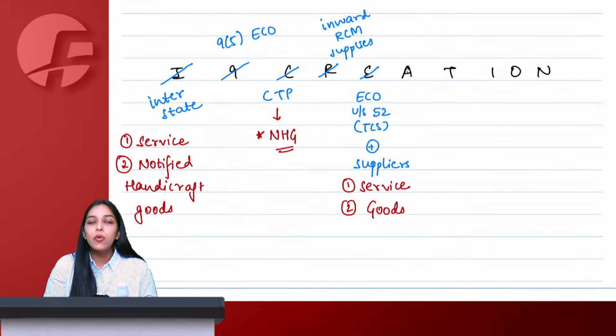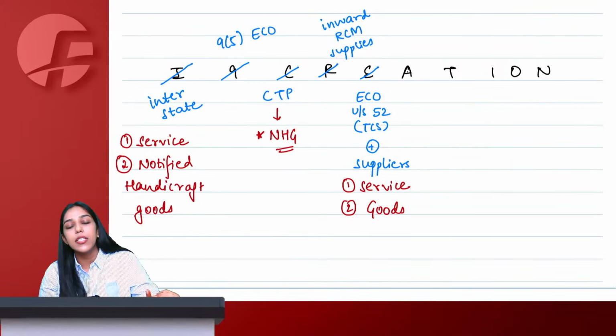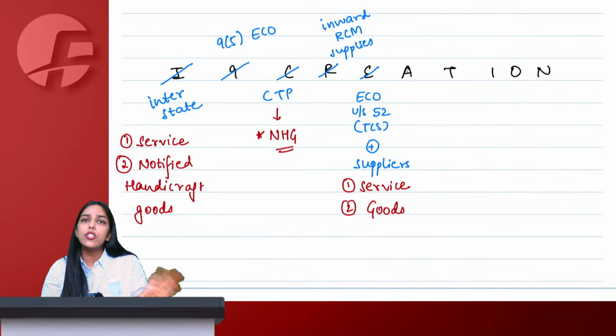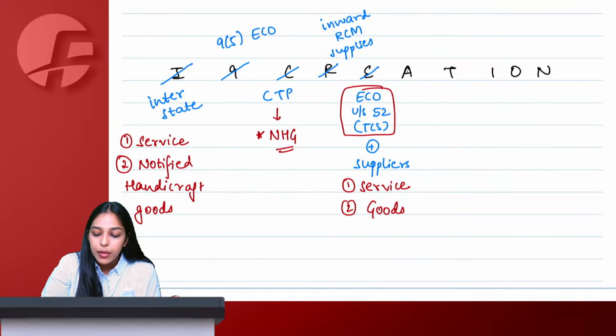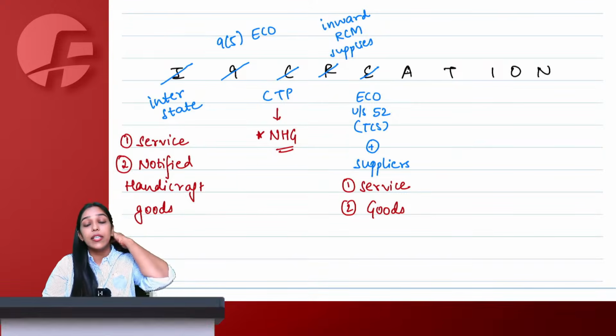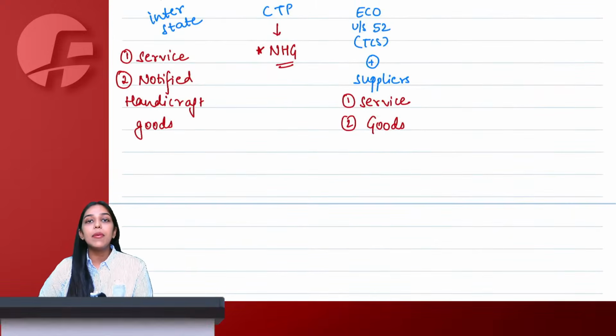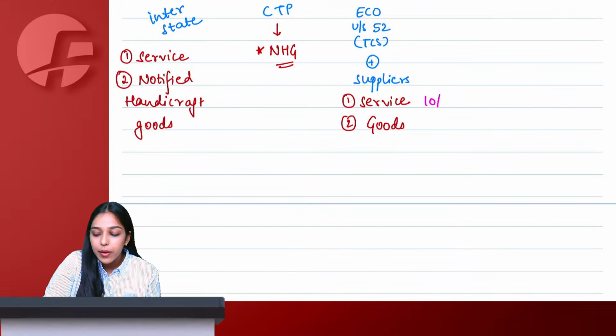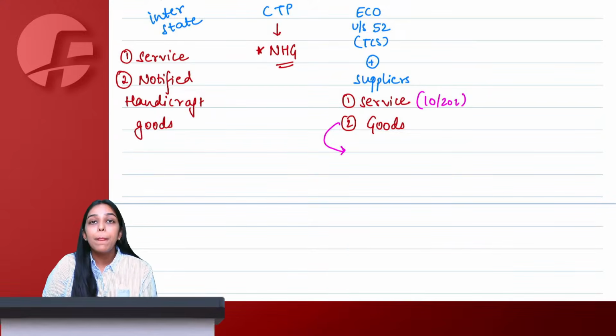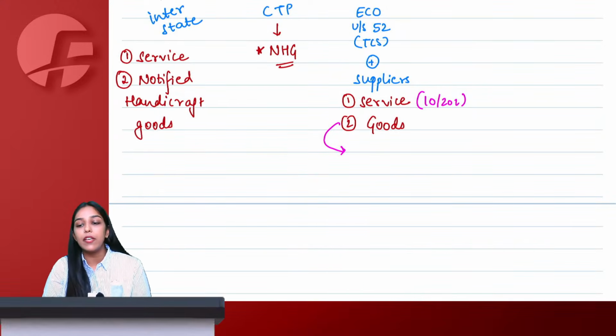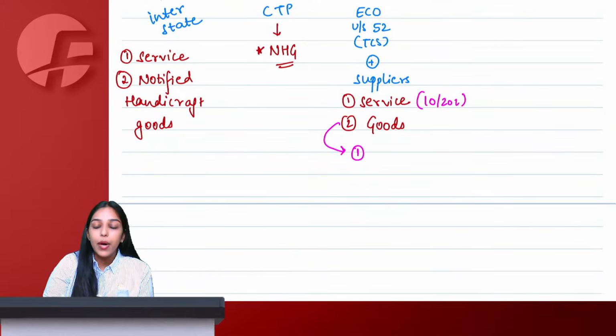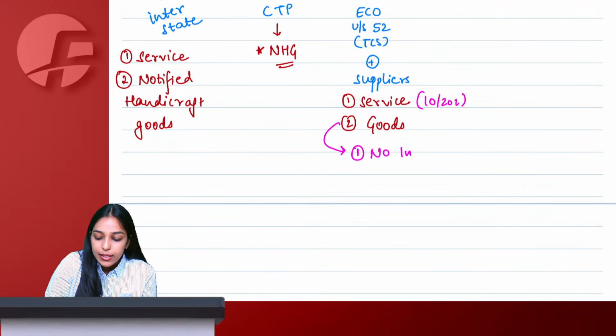Second is goods. Then ma'am, who are left? You are saying supplier of service also not required, supplier of goods also not required. Only e-commerce operator always required. But for goods, you have to satisfy certain conditions. Understand? If I am a supplier of service, supplying through an e-commerce operator, then up to 10 lakh, 20 lakh, no need to take registration. But if I am a supplier of goods, no need to take registration up to 10, 20, 40 if I fulfill all these conditions. Condition number 1, no interstate supply.